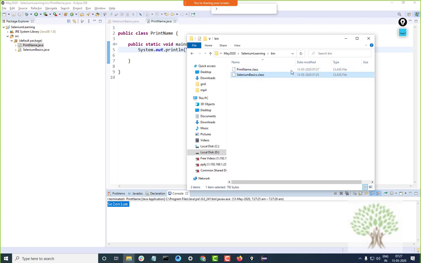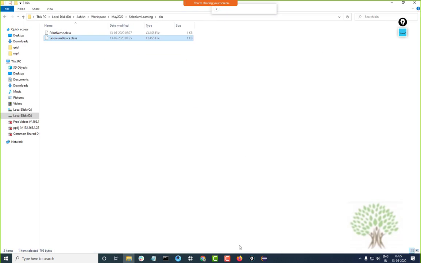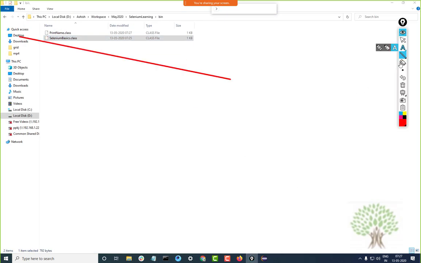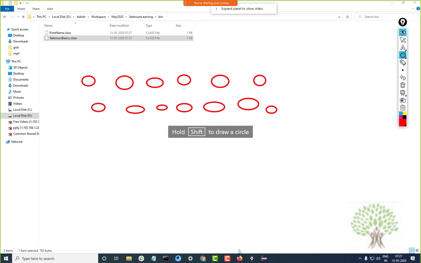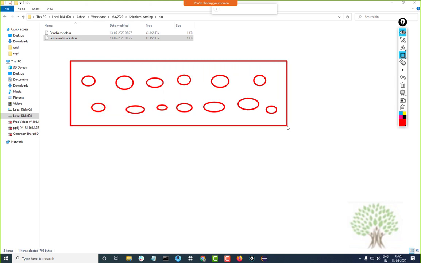Okay, right. Now what happens in a project is that generally we have a lot of class files. In a project we have a lot of class files, and when the class files have to be deployed on the server, or they have to be given to the client, we put all the class files in a single file known as a jar file.